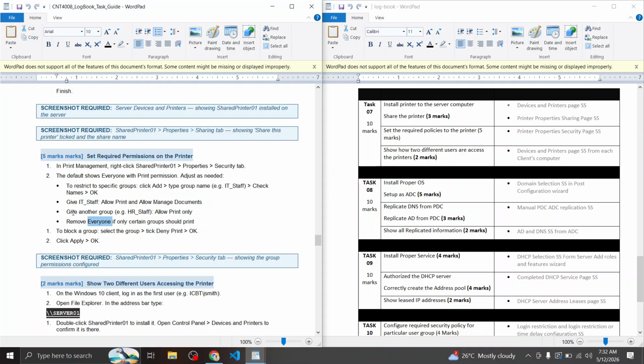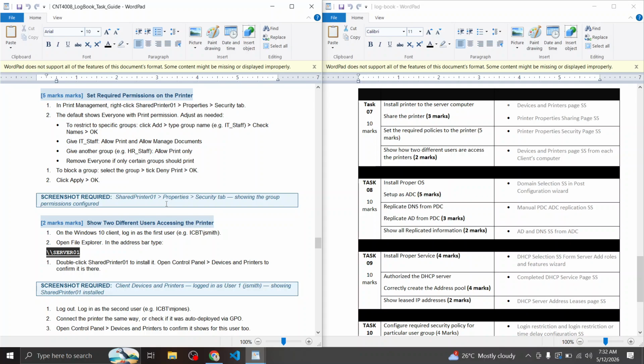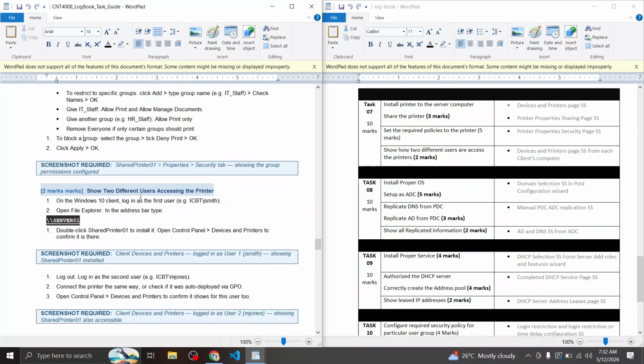We don't need to do this step, and we don't have another group to do this step. So yeah, do according to the scenario given in the other document. We'll get another document on the exam day, a Word document. Do according to that scenario, how they have specified. Okay,